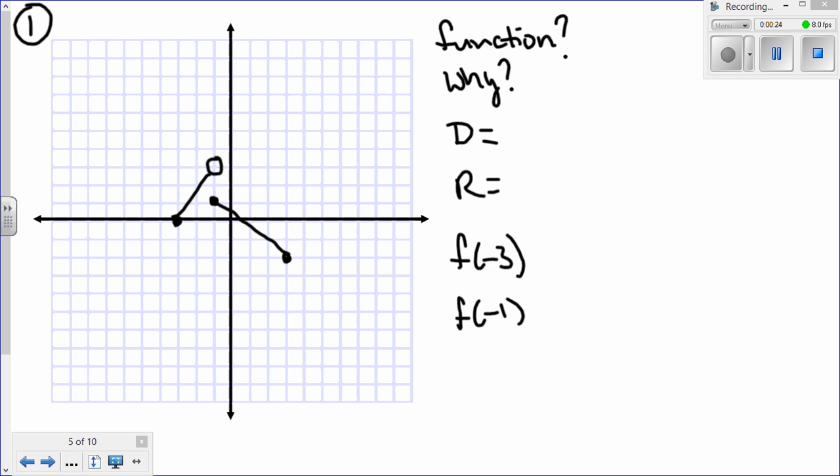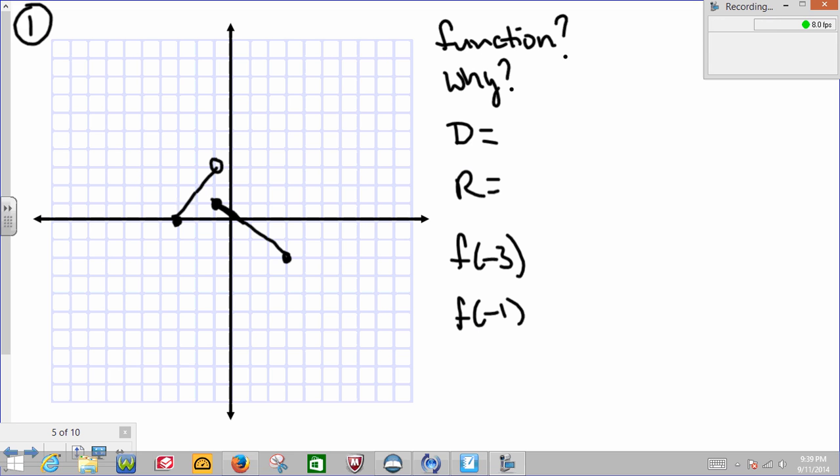The first problem asks, is the following a function of y? Find the domain and range, find f of -3, and f of -1. So, is the following a function? Well, if I draw a vertical line,